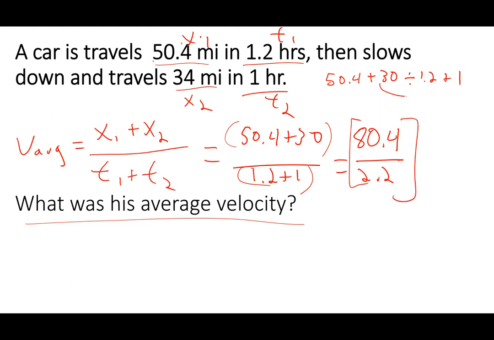It will actually do this first and then add these numbers. And that's not what we want. So we need to put in the top, figure it out, put in the bottom. And when we do 80.4 divided by 2.2,